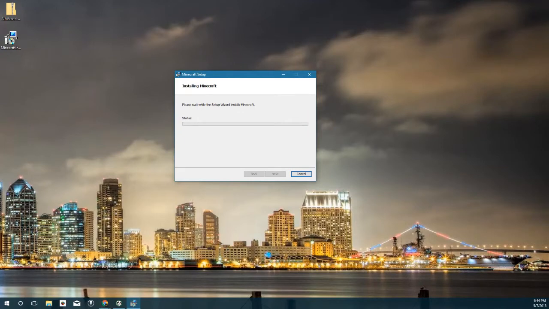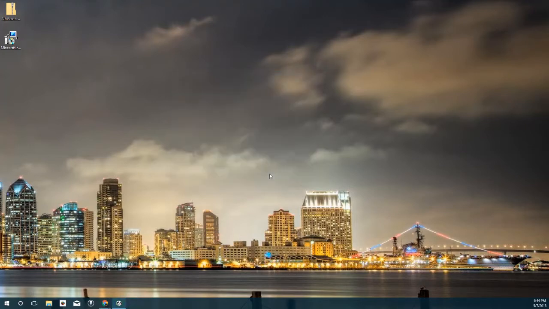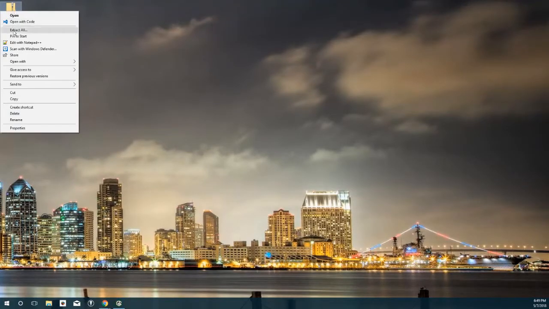And it sets everything up for us. And we just hit finish, and it should create an icon for you inside of your start file. But don't run that yet. Next thing we're going to do, after it is completed doing that for us, is go ahead and